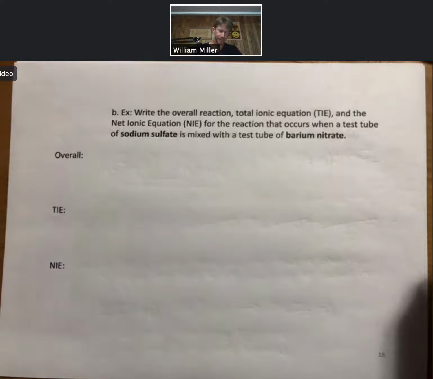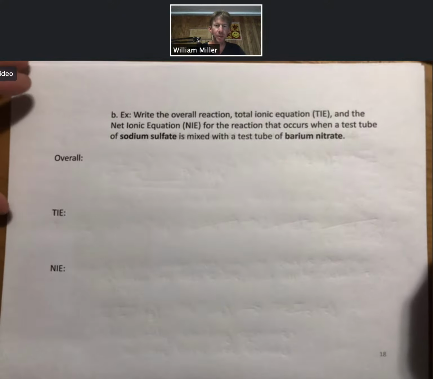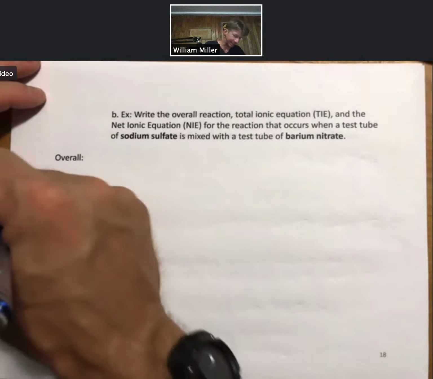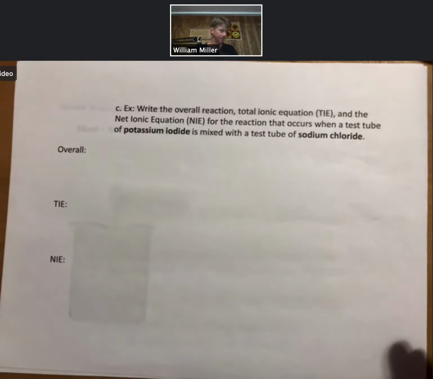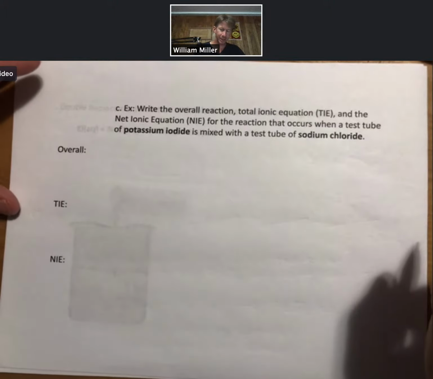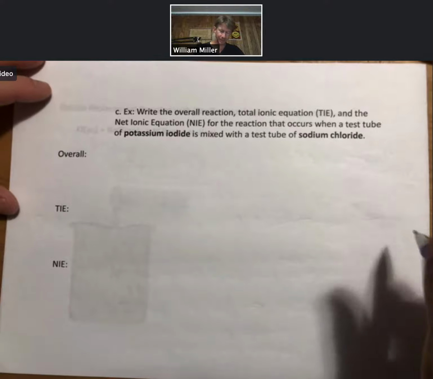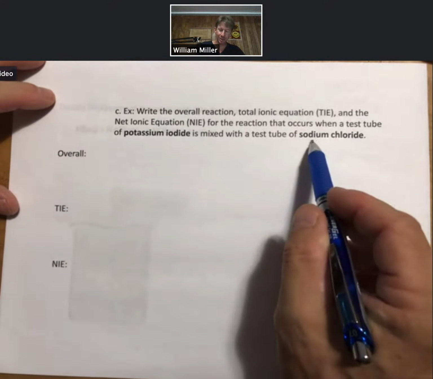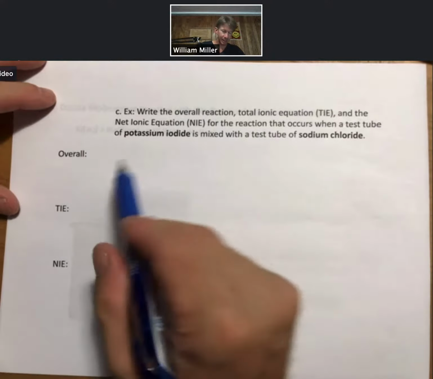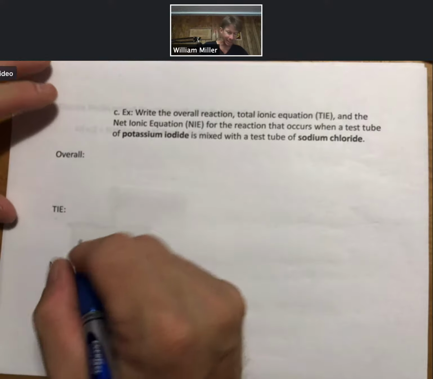Page 18 then, this is a second example of a double replacement reaction in which we work through the overall, TIE and NIE. And this will be a companion problem. Now, a similar case, write the overall reaction for the process between potassium iodide and sodium chloride, the TIE and the NIE. For the overall reaction, potassium iodide